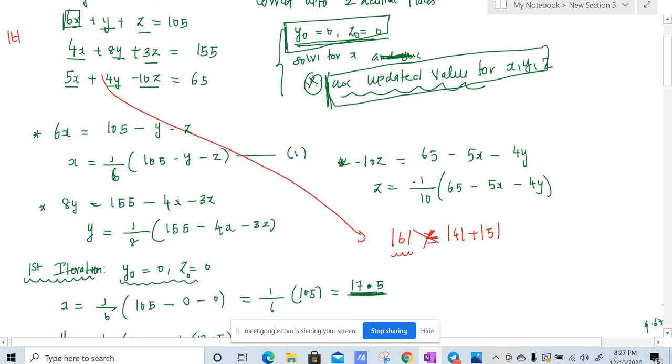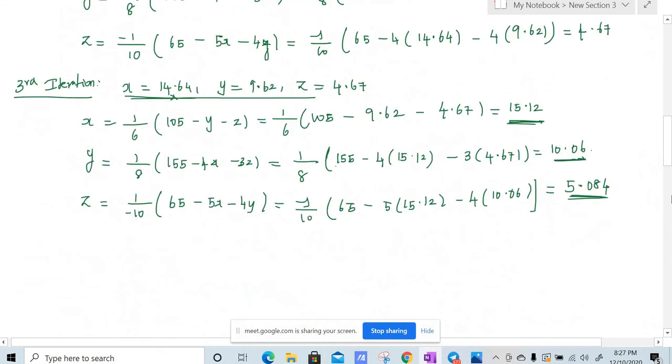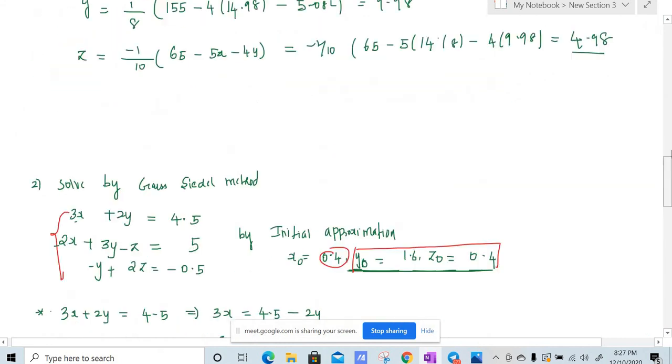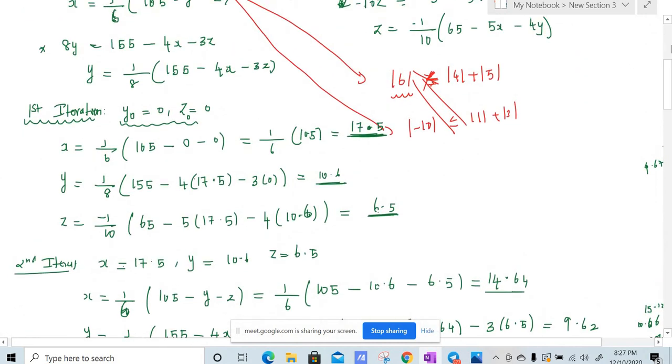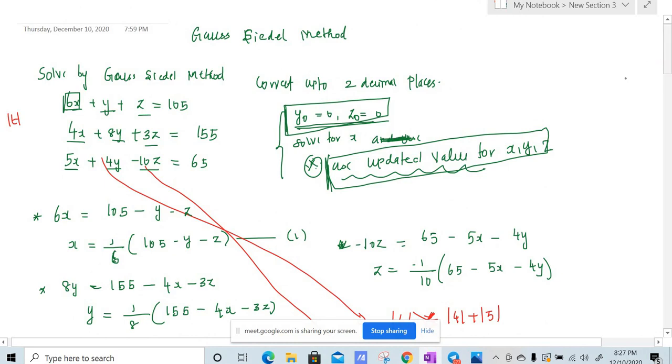So you choose x which is the highest, you choose y which is the largest, and you choose z which is the largest. Here you can see when you apply this condition, the modulus of minus 10 is less than the modulus of 1 plus the modulus of 3, sorry, greater than, right? Yes. So don't worry about this condition. So always choose x, y, z which is dominant, right? It is not wrong if you choose some other x, y, z, but if you choose x, y, z in this way, you will get the answer quickly compared to choosing some other x, y, z.